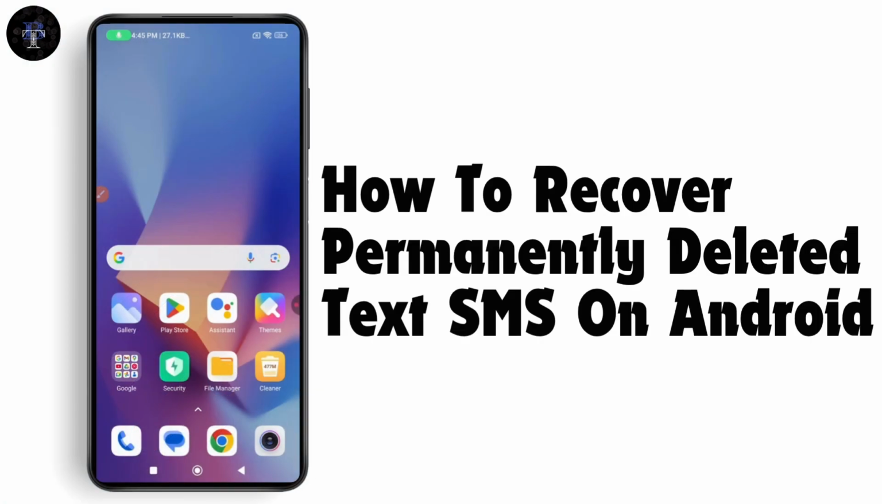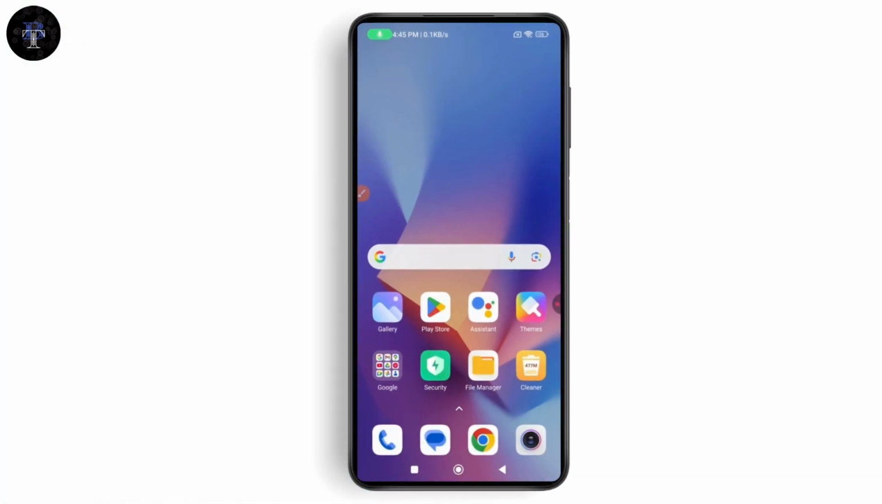How to recover permanently deleted text SMS on Android. So if you want to recover permanently deleted text messages on your Android, then what you need to do is